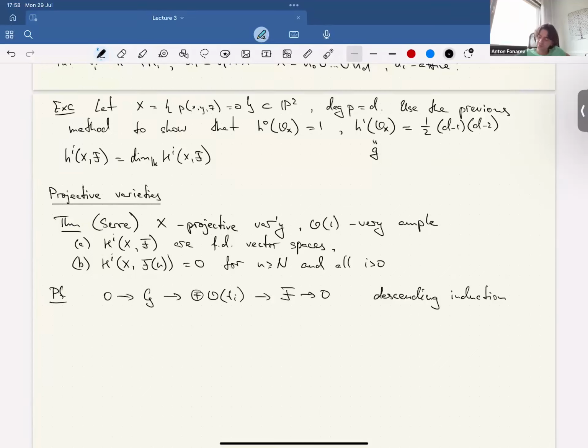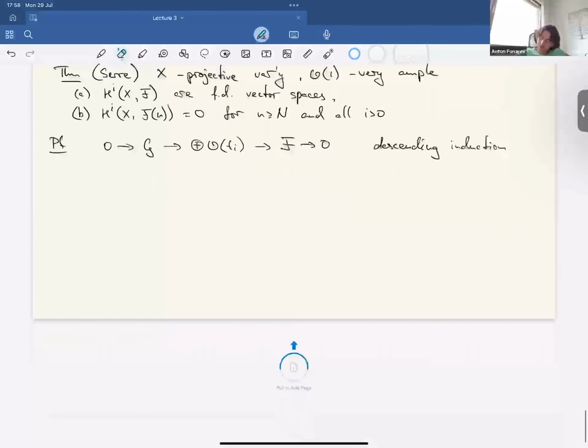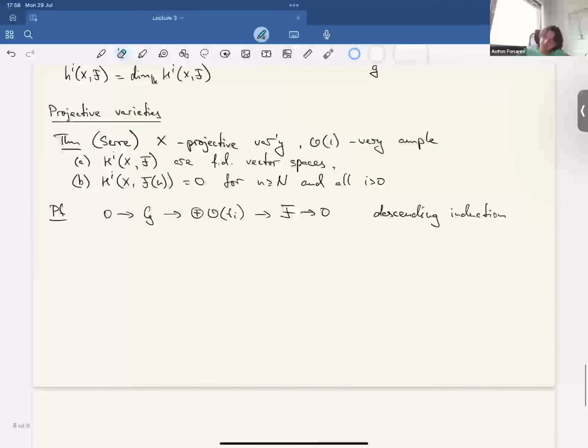All right, so we switch to projective varieties and specifically why we can write the dimension here over the field. So this is a theorem of Serre, which I mentioned last time, and maybe it's worth discussing. The theorem of Serre says specifically that if X is a projective variety, and here maybe let me give a comment. So more generally, if it's